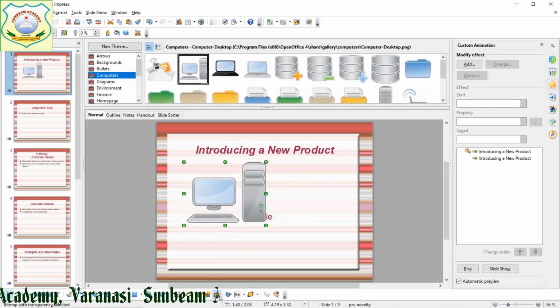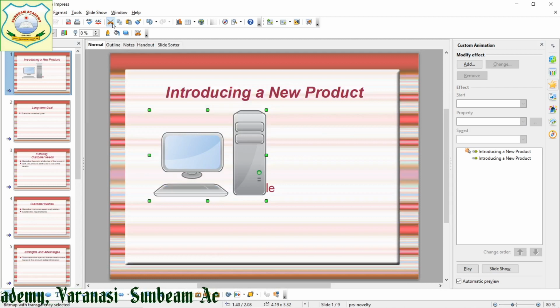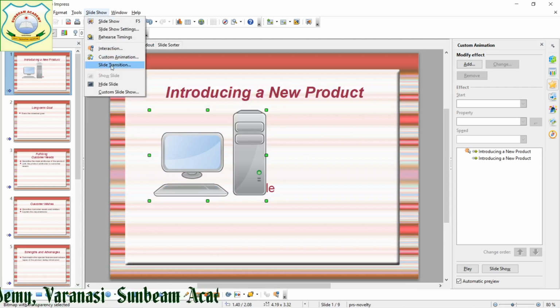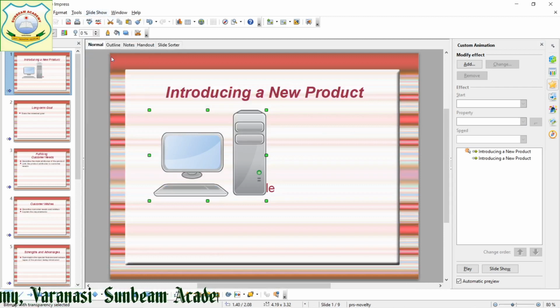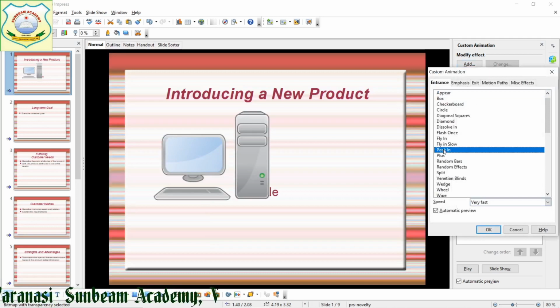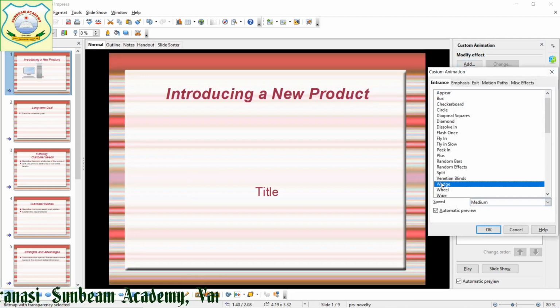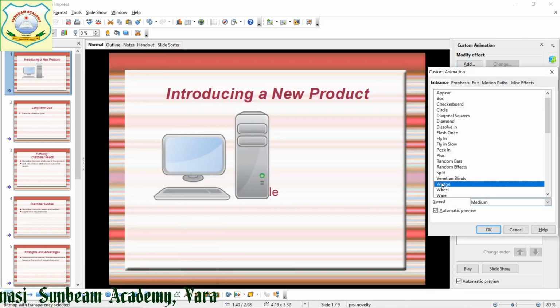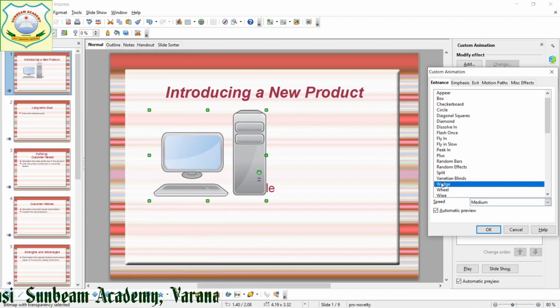To animate this picture, what to do? Select the picture, slideshow, then custom animation. Into this, add effect. What do you want? Suppose peek in. Whatever you want, that will be applied to your object. By this, we can animate text and objects.